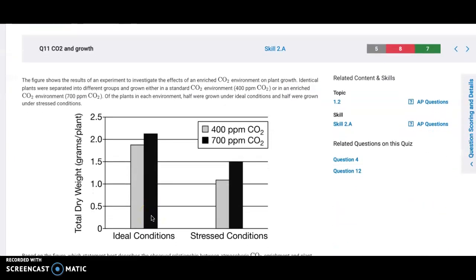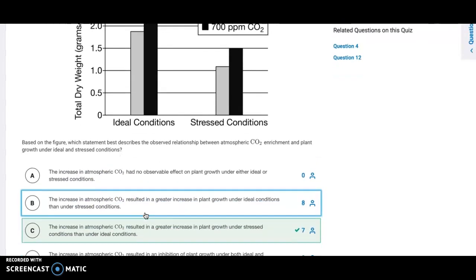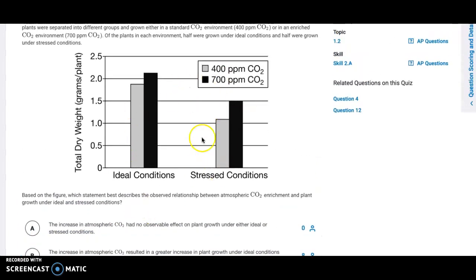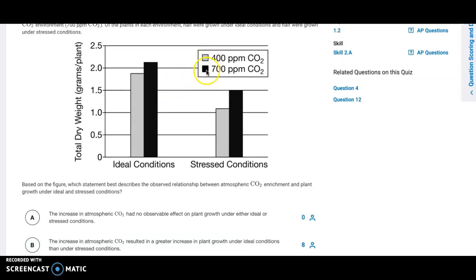Okay, question 11. We have carbon dioxide and growth. The correct answer here is C. When you look at this graph, we see that adding extra carbon dioxide increases the total weight of the dried plants grown in ideal versus stress conditions. And then it's asking, based on the figure, which statement describes the observed relationship between CO2 enrichment,